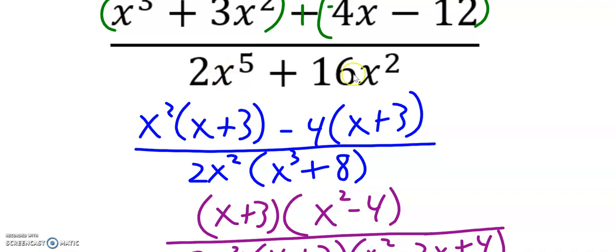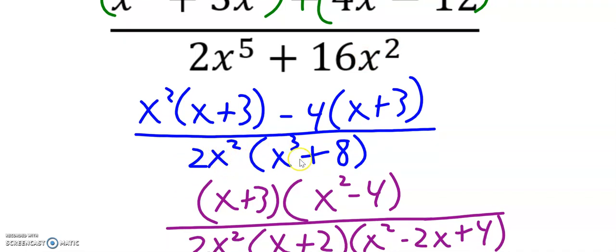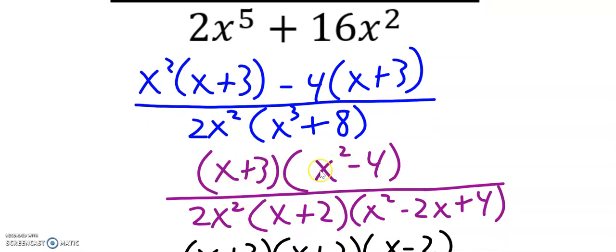In the denominator, I notice that I have a greatest common factor of 2, because 2 and 16 both have a factor of 2, and x squared, because x to the fifth and x squared both have a common factor of x squared. So I took out a 2x squared. Now, what I'm left over with in the denominator was x cubed plus 8. Conveniently, that is the sum of cubes. In the numerator, I took out the x plus 3, so I'm left with x plus 3 times x squared minus 4. Now maybe you don't remember, the sum of cubes